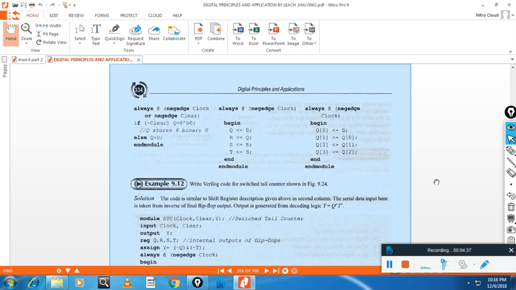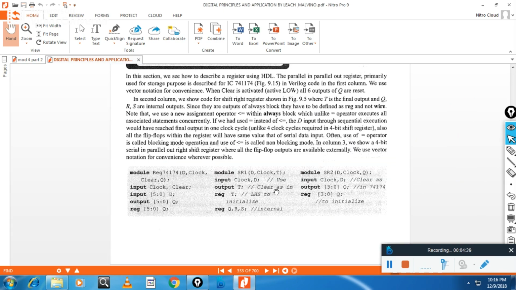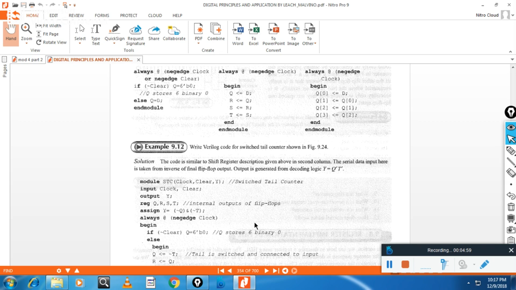So we will see one more configuration here. D, the data input, clock and T. It is SR actually converted into data input, clock. The output is T, reg T. In between, the registers are Q, R, S. This is nothing but serial in and serial out.